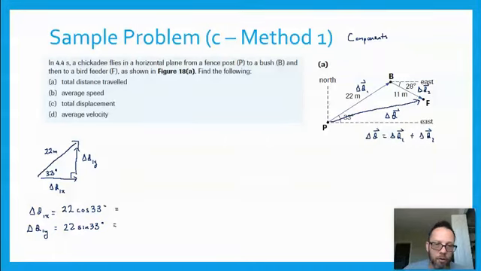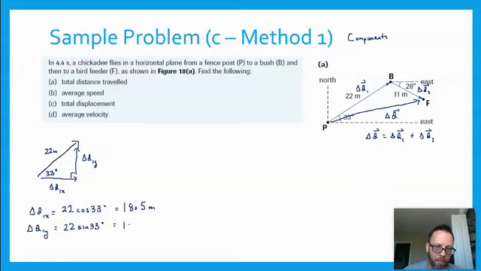And we can find those two components to the east and north. So let's do that right now. Do this one together. So 22 cosine 33, got about 18.5 meters, and 22 sine 33,